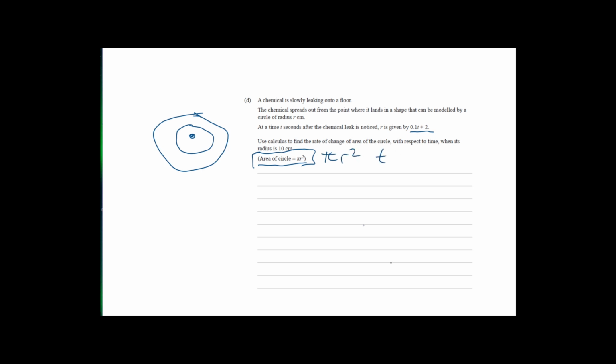There's no allowing for time, and time is here, isn't it? Okay. We're going to need to do this in chains. So if the area is that, the change in area with respect to the radius, because there is no t in this, we have to do it later, is